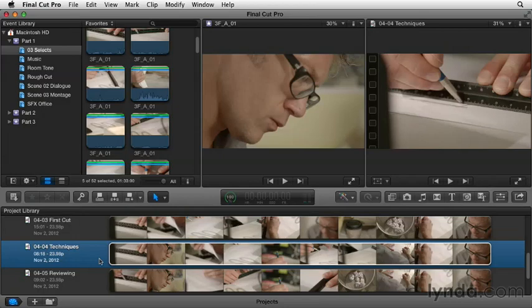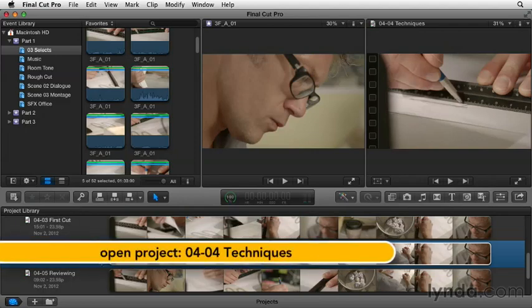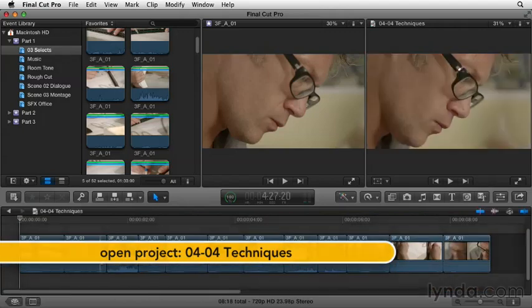In this next movie, I'm going to show you a few really cool techniques that I like to use when building a montage. I may or may not use them for this montage, but these are some good tricks to keep in your back pocket. Let's go ahead and step into 04-04 techniques and take a look at some other things you can do when